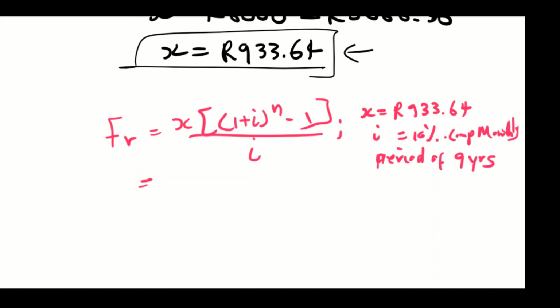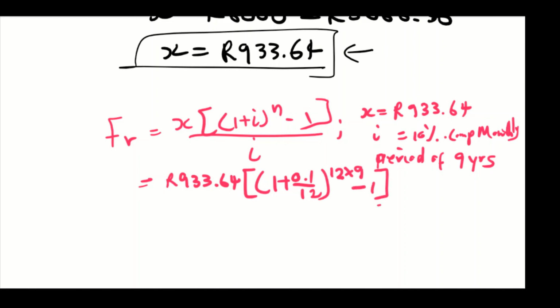So we write 933.64 times (1 plus 0.1 divided by 12) to the power of 12 multiplied by 9 years, minus 1, divided by 0.1 over 12. So the future value that this extra amount of 933.64 will be